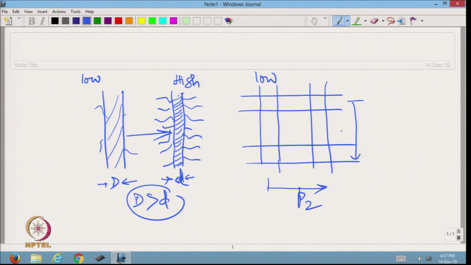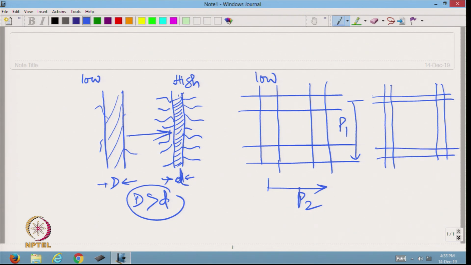So, P2 peak distance P1. Now, we are keeping the same ends per inch, peaks per inch. So, here effective opening is more. So, ideally this is high twist,